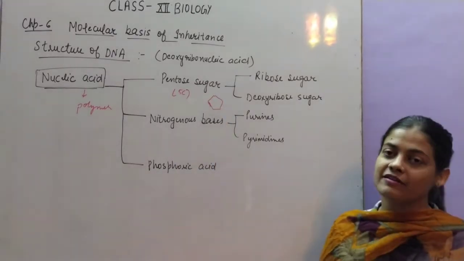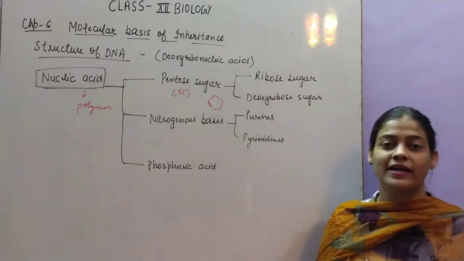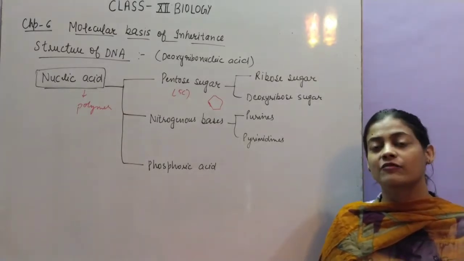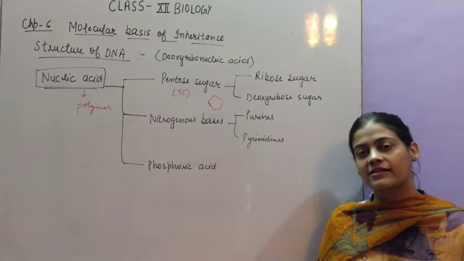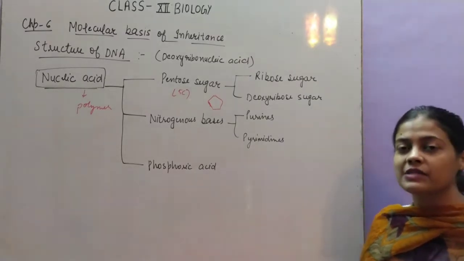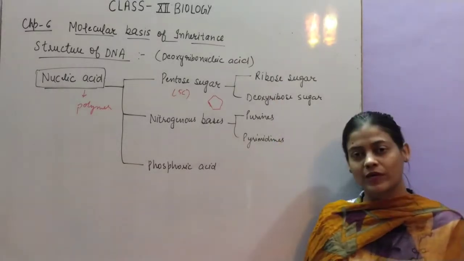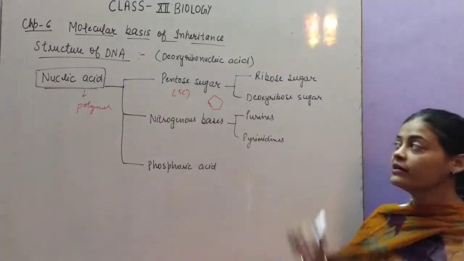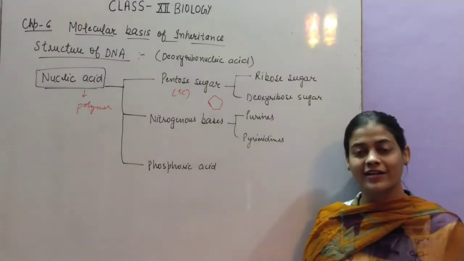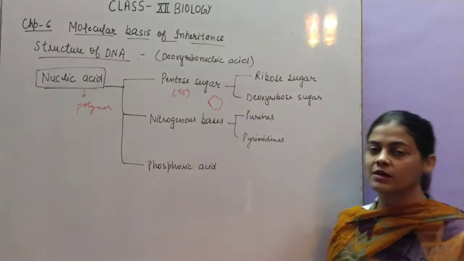like this. It is a ring-like structure, and there can be two types of pentose sugar present depending upon the type of nucleic acid. As you know, there are two types of nucleic acids in the form of genetic material, DNA as well as RNA. RNA we will study in detail later, including its structure and different types, but here we are talking about DNA only. Depending upon the type of nucleic acid, either RNA or DNA, there can be two types of pentose sugar: ribose sugar or deoxyribose sugar. Later we will take up in detail the structure of each component.